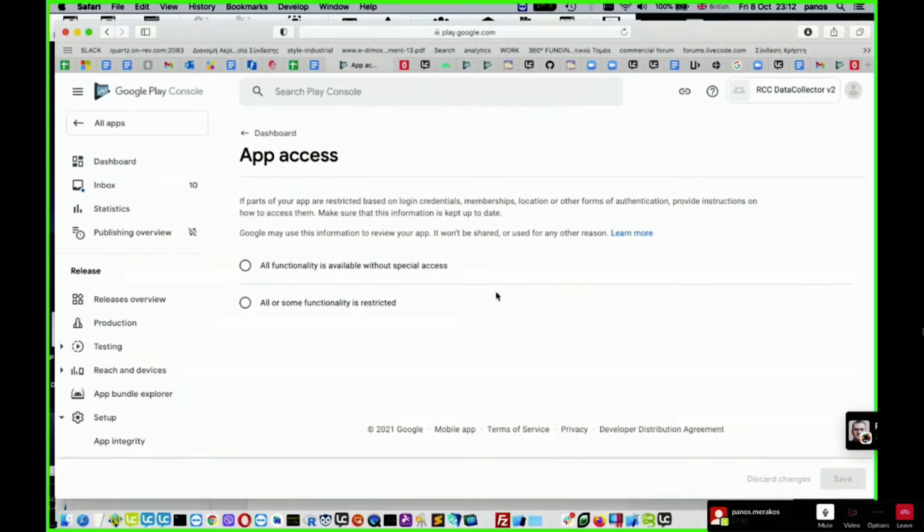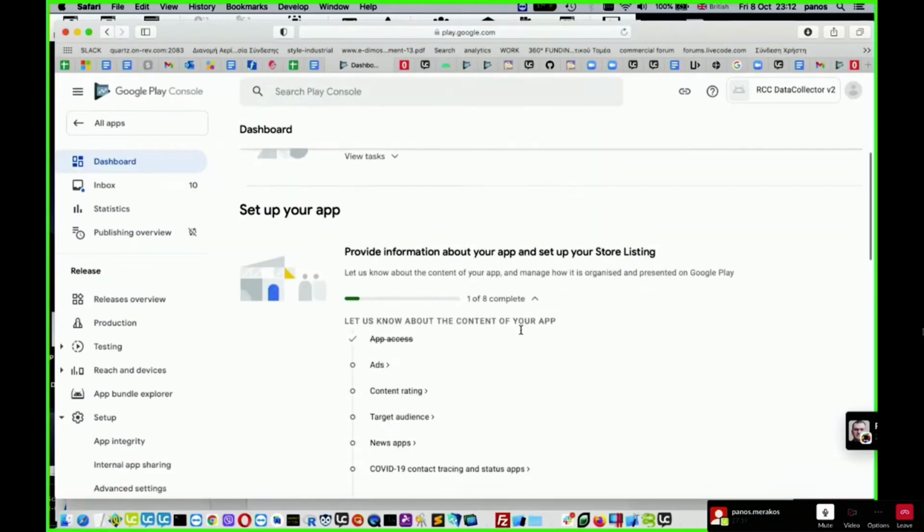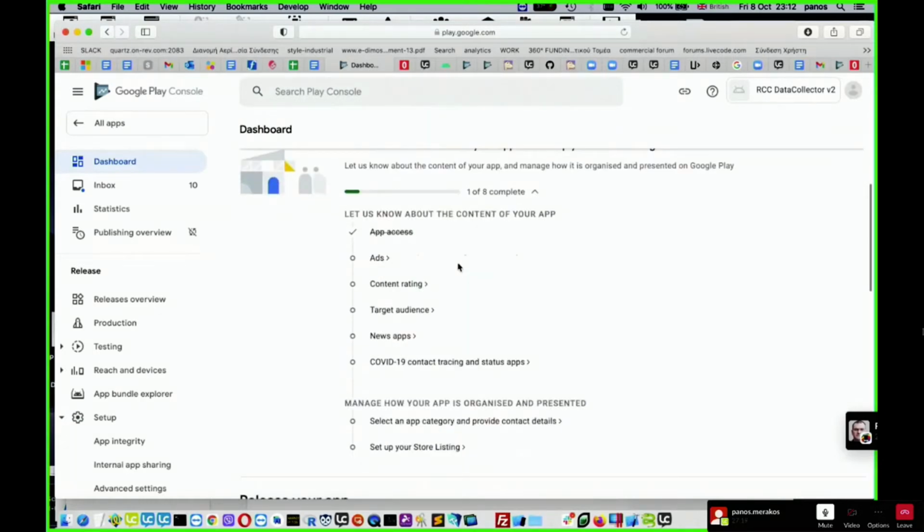In this case, all functionality is available without special access. Save. If you're unsure about something, you don't need to worry, because you will have the chance to modify these answers later before submitting the final build.